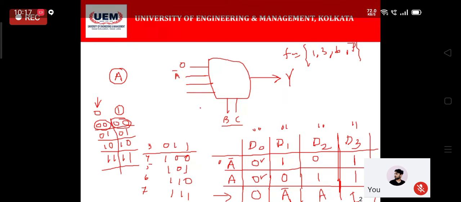Then the next one will be provided with A, and the last one will be provided with 1, and that creates the total 4:1 multiplexer that implements the function. So this function is implemented by this multiplexer via the use of 3 individual variables A, B and C.